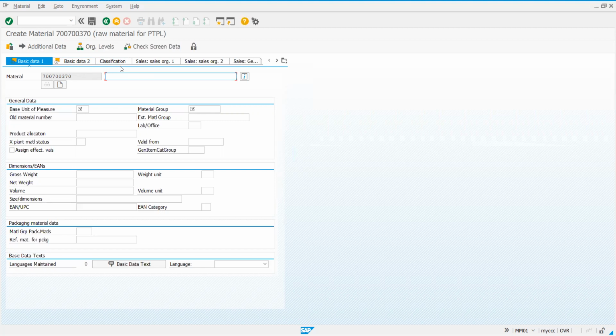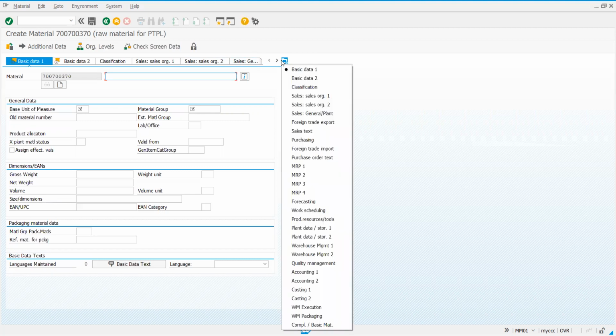And other views we have not selected, classification, sales, and so on, because of which it is not showing. And moreover, if you click on this particular icon, which is at the end, you get the entire list of different views that you can have while creating material.